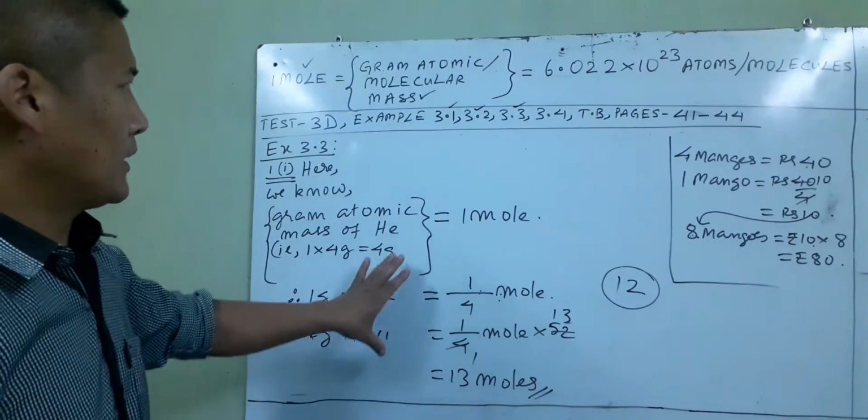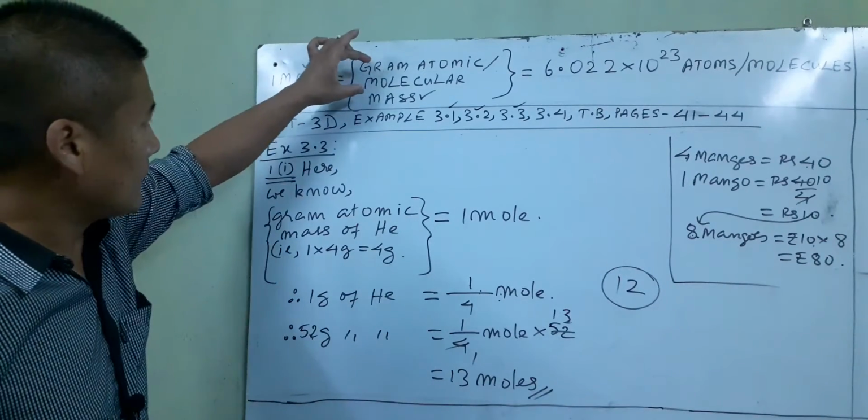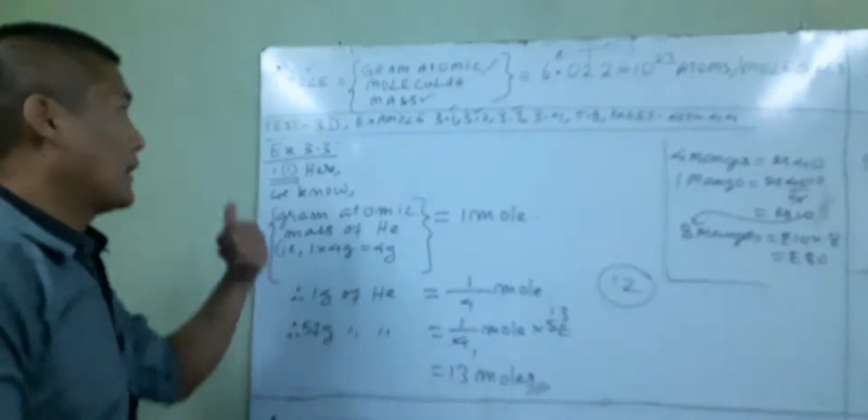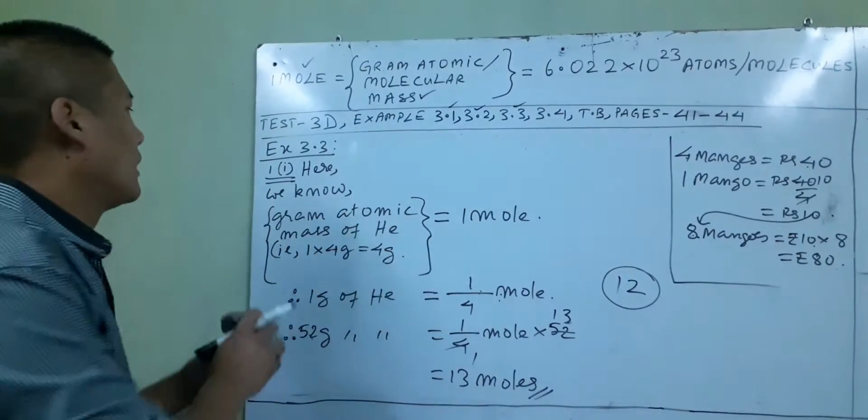Okay, I hope you're getting it. So now we have calculated the mole by using the gram mass. That's what the question told us. Find the mole by mass. Okay, now let us go to